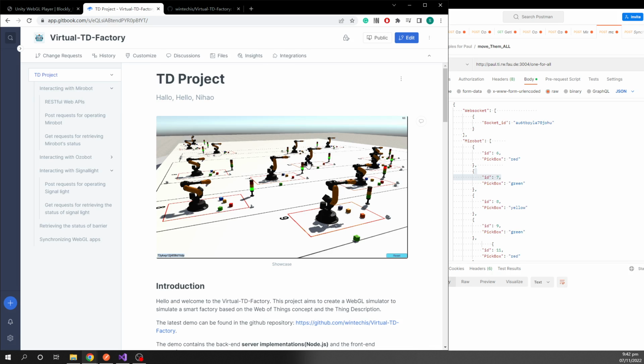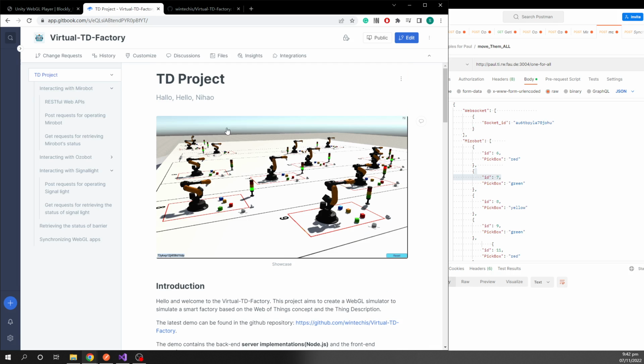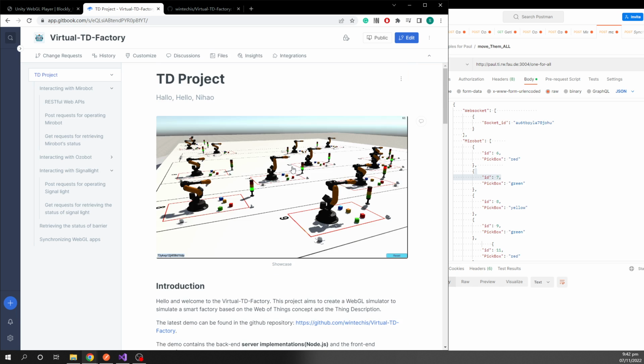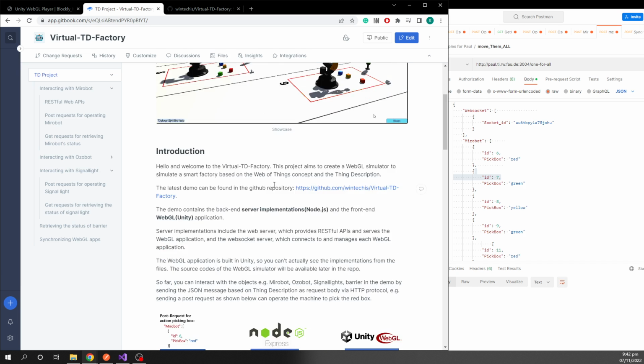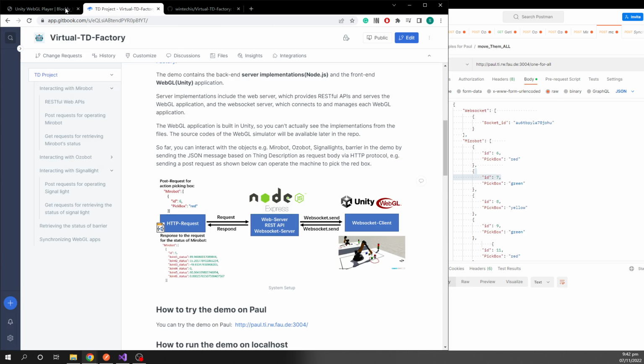In this video, I would like to introduce you our student project, Things Description Factory. This project aims to create a WebGL application to simulate a smart factory based on the Web of Things standards. The idea of this project is that we send the things of description in JSON format to the WebGL server, to the web server, and then the message will be passed to the specified WebGL application to invoke the object's action. For example,